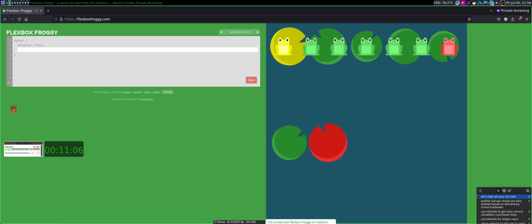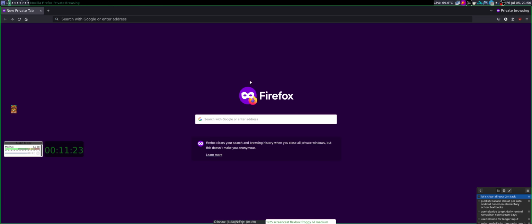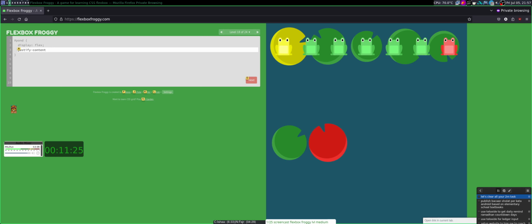Okay, this is something that I truly forgot yesterday. I just remember that there is justify content for the main axis, and there is align items, but there is another one that is align content.